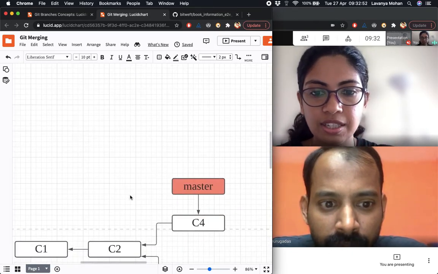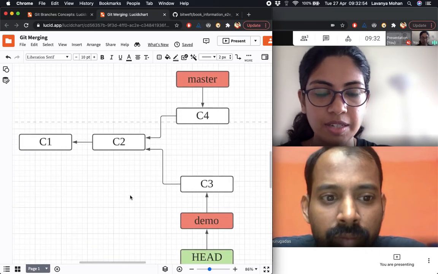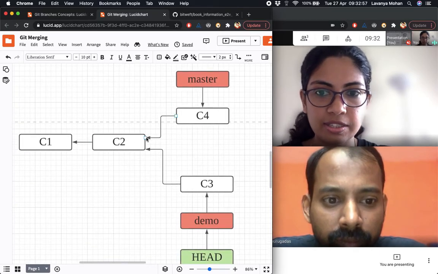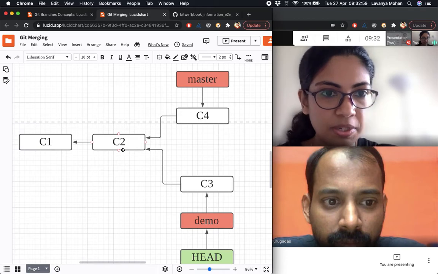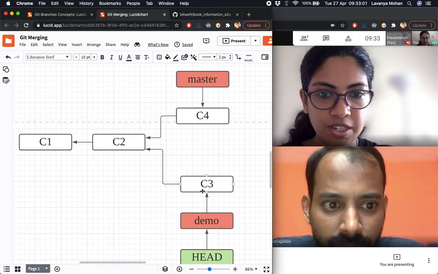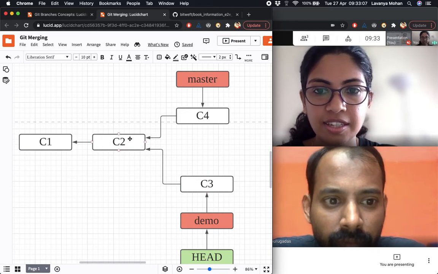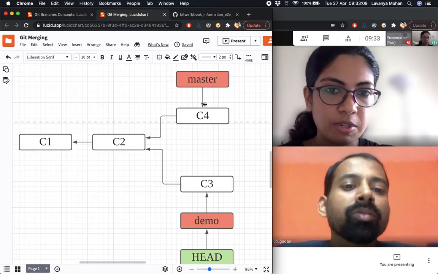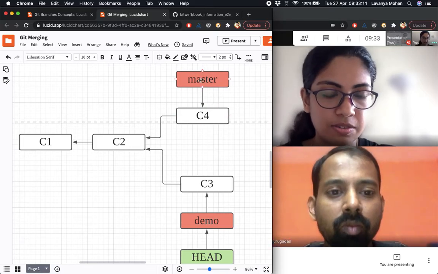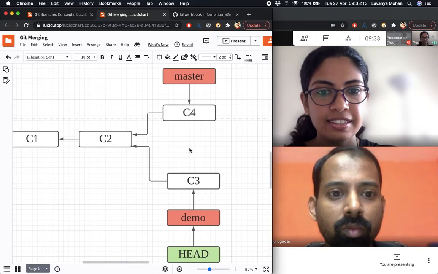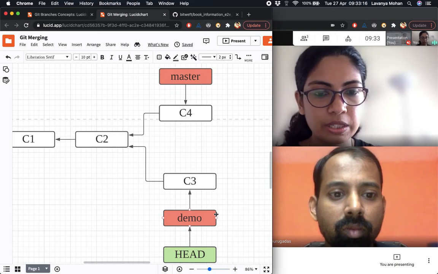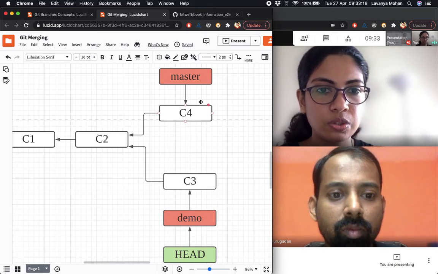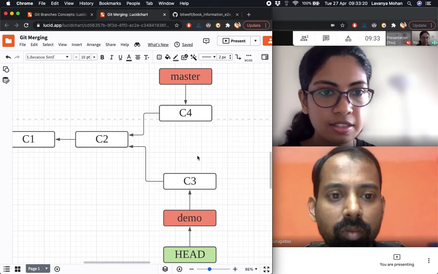So what it would really become, after we do a pull on master, is this. This is our common ancestor, where we took a branch demo and made commits on demo. Then we realized that somebody else has pushed to master and made another commit, C4 here. Now if we wanted to merge our demo code to this branch, we would still run the same command.